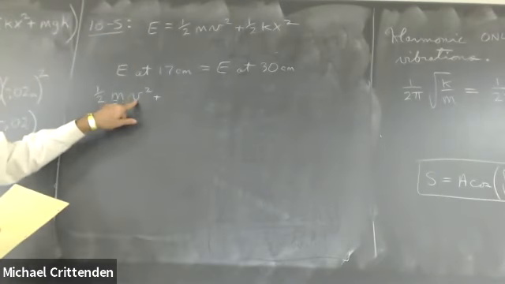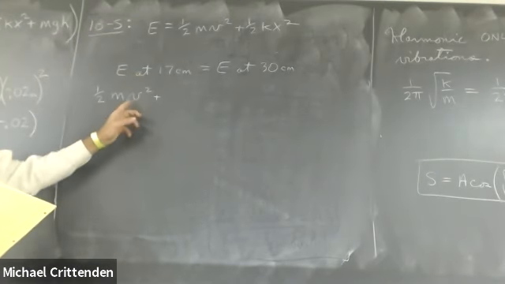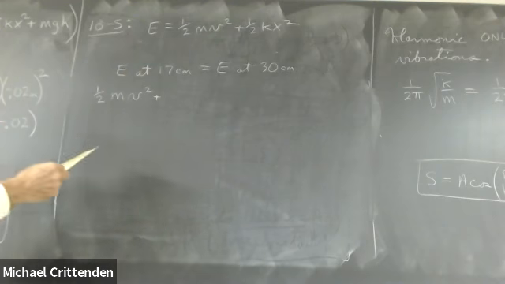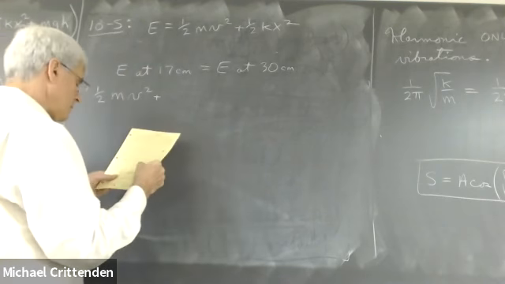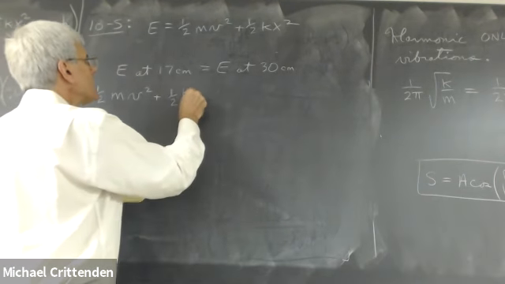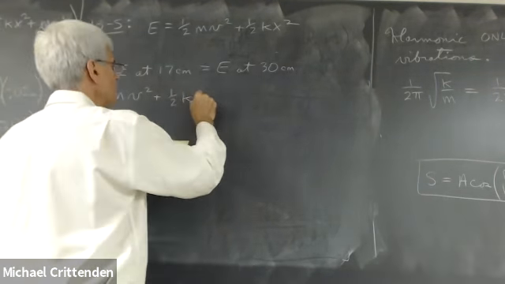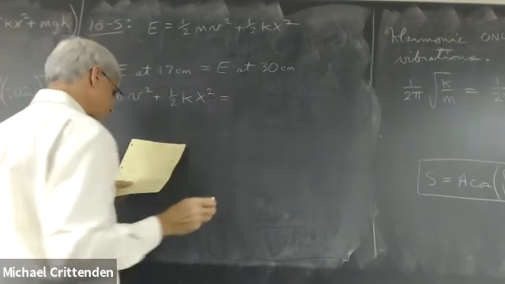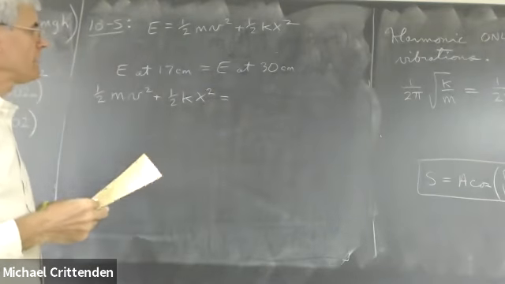So the speed at x equals 17, that's what we want to solve for. Then we have the potential energy term, 1/2 kx squared. Over on the other side,